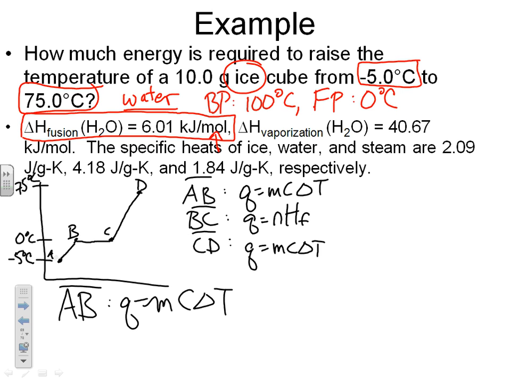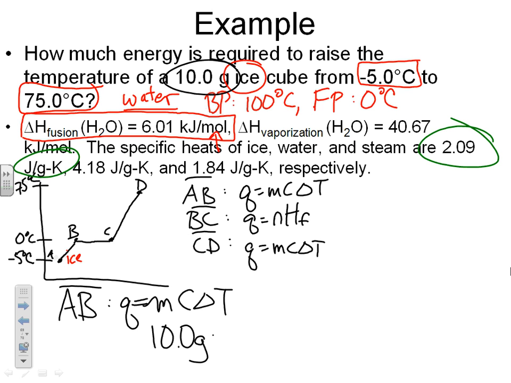The mass of the water is 10 grams. There it is, in the problem, 10 grams. Now, specific heat. At this point, we have ice. So we need to use the specific heat of water when it is a solid, which is 2.09 joules per gram Kelvin. That's a big thing. Make sure you don't use the wrong